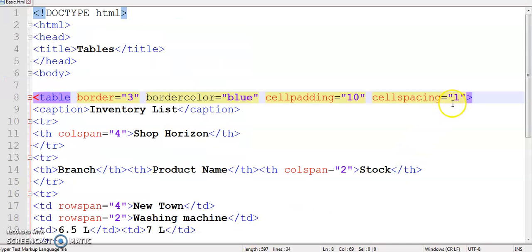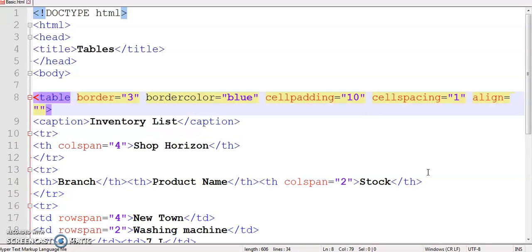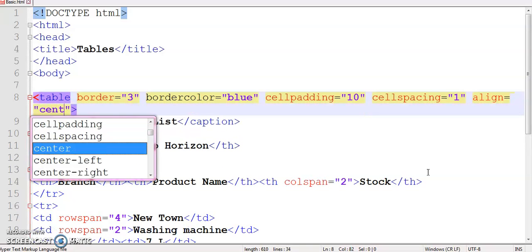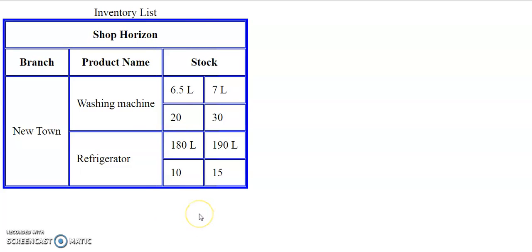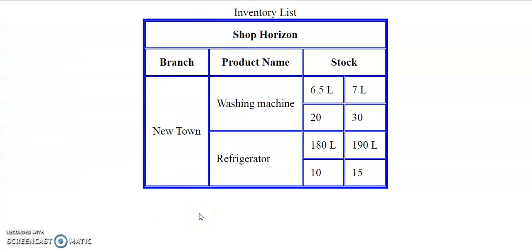So there is also an align attribute for the table element. For align, I am providing the value center. A table looks good when it appears at the center of the page, I think. So I am providing the value center, and your table appears at the center with the caption also.